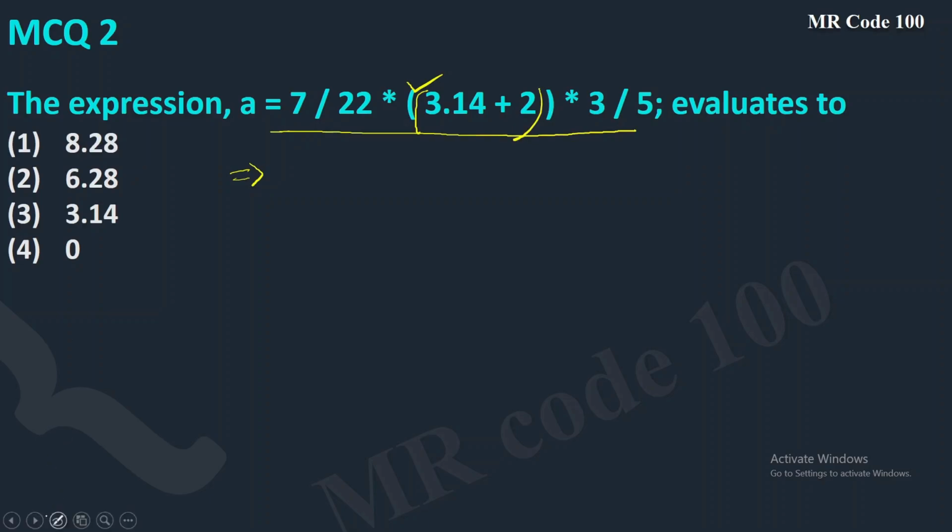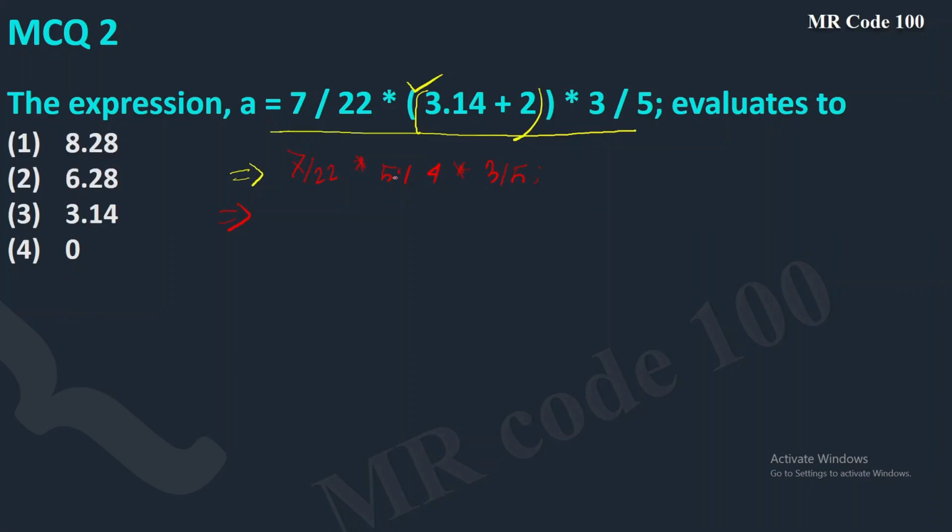Doing this, changing the color. Let's start from this portion. 7 by 22 multiplied by 3.14 plus 2. 3.14, we should calculate it, plus 2 equals 5.14. Okay, next, 3 divided by 5. I'm writing it like this as before. Next,